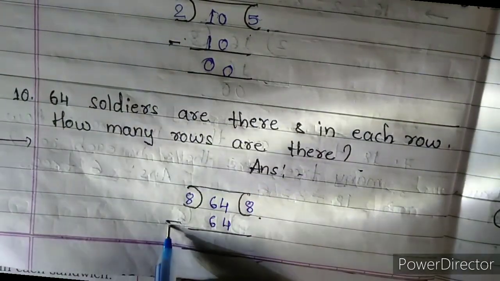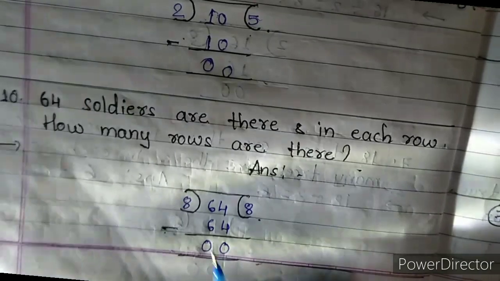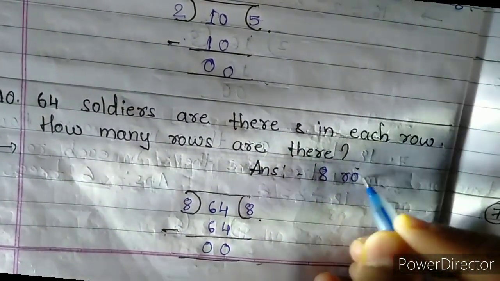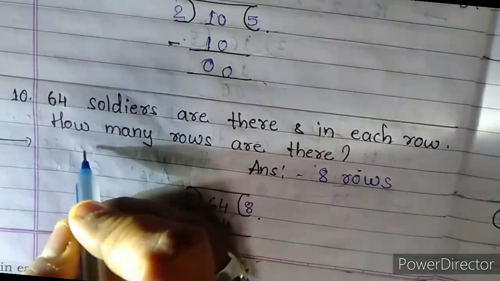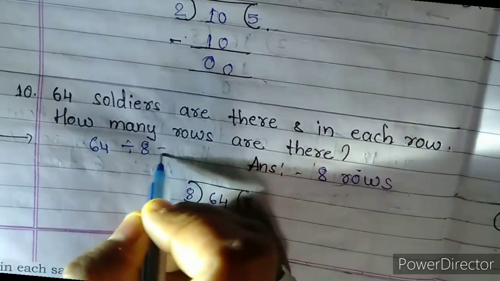64 minus sign. 4 minus 4, 0. 6 minus 6, 0. So what is the answer? 8 rows. How to write this? 64 divided by 8 equals to 8. Now let